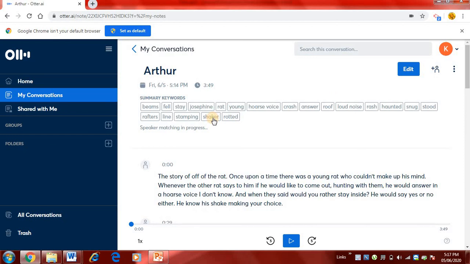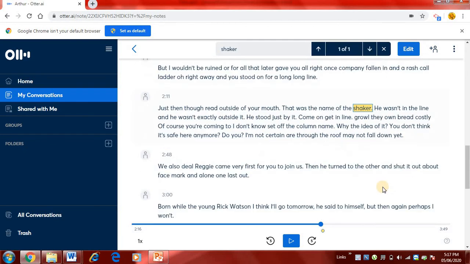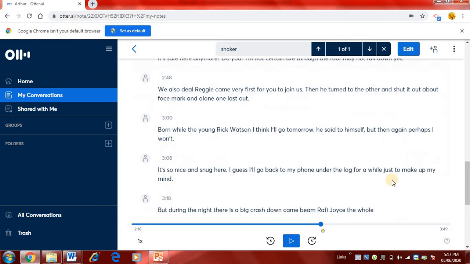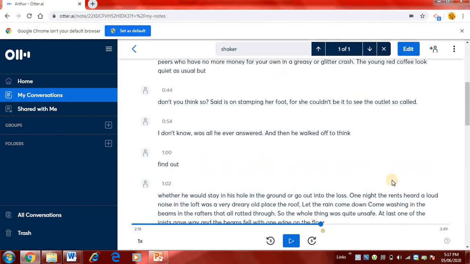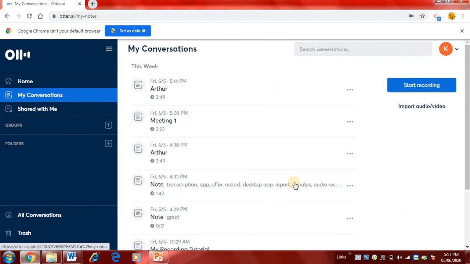Now when you click on a keyword, it will show where it has occurred, and it comes with this particular minute or period of time. So it is easy for you to do. Again, you can share this particular data to anybody whom you want, right? So this is how voice conversion is done and text is being generated.